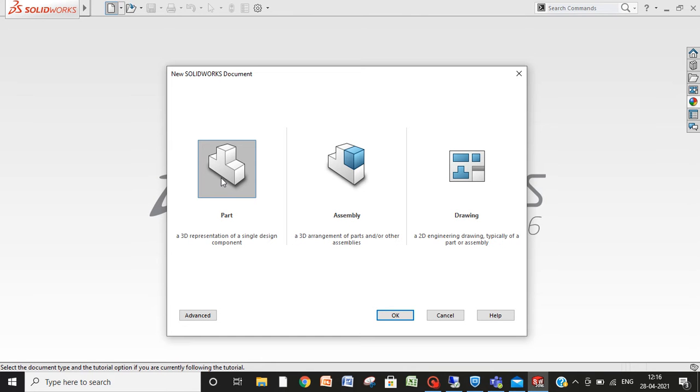Part is making a single part. If I have some parts and want to assemble them together, I will go for assembly. And if I have a 3D figure, an assembly or any part, and I want an engineering drawing sheet, then I will go for drawing.